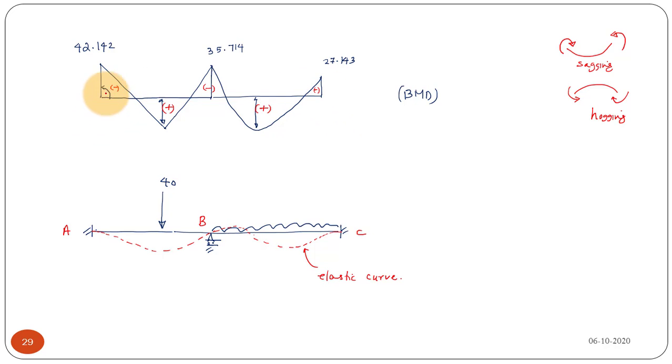Also here, near the support, this is the kind of shape we are going to have. This shape is hogging, so that is a negative moment. And the same thing you can see here also at the fixed end. The curvature has changed. Here it is sagging and now it has become hogging. So hogging, or negative moment, is coming near the support.